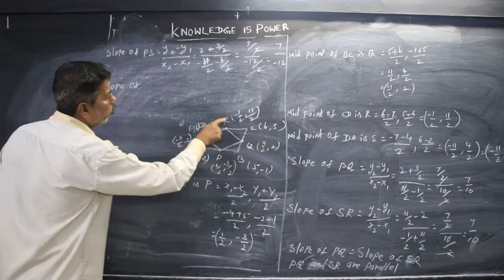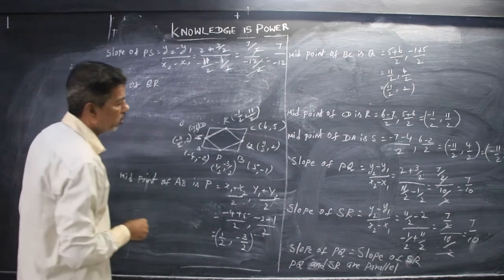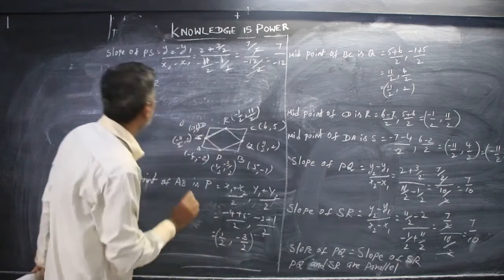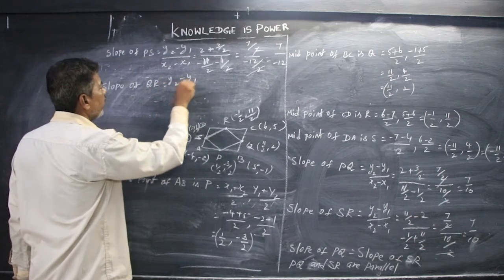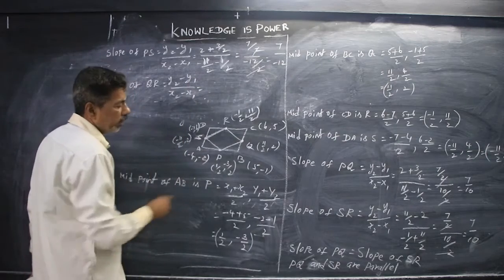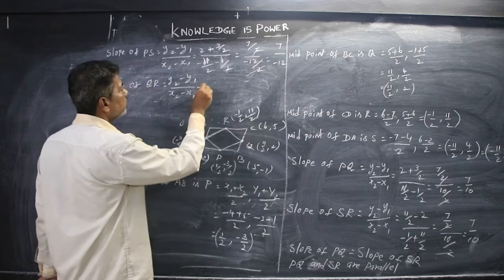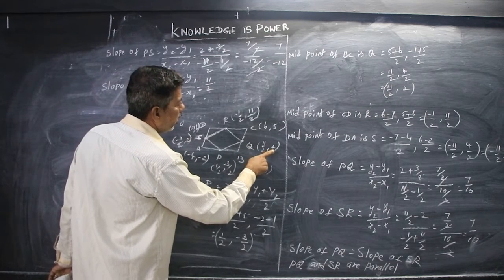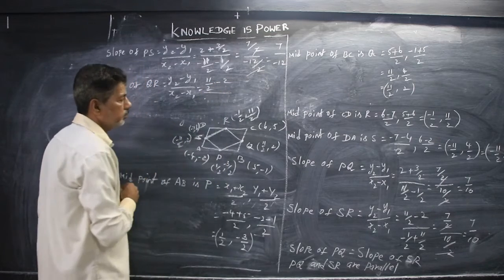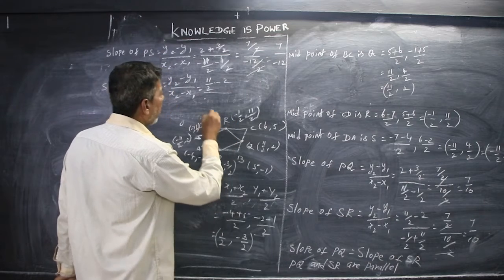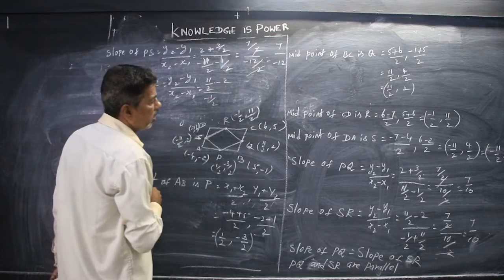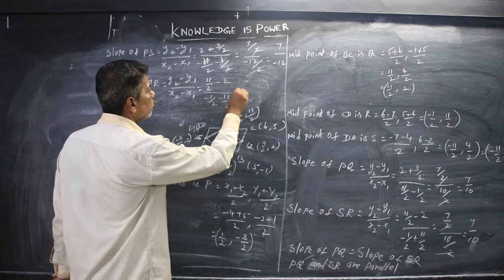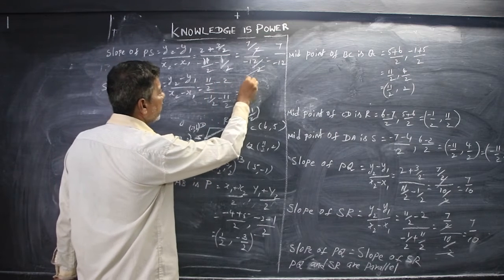Slope of QR. Slope of Q, not QR. Yes, QR. PQ, we have taken SR. Same, y2 minus y1 by x2 minus x1. So what do you have to take? QR. Y2 will be 11 by 2. Y1 will be 2 minus 2 divided by, next x2 will be minus half. Minus half. And this will be 11 by 2. Here there is plus, so minus 11 by 2 equal to 2 2s are 4. 11 minus 4 is 7. 7 by 2